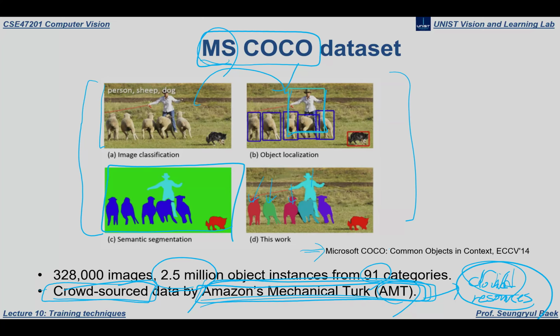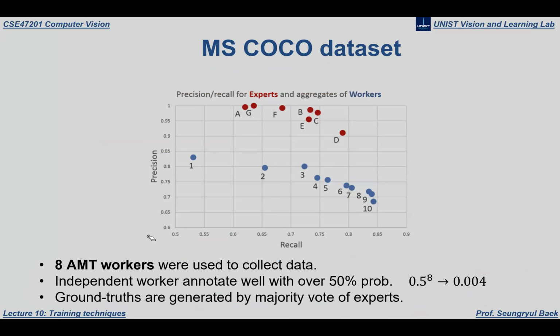Even till today, we are using this Microsoft COCO dataset for the object detection task. Okay, it is a frequently used dataset. Okay, and the naive way to obtain this high quality, million scale data is to use crowdsourcing labels. Okay, and this is also